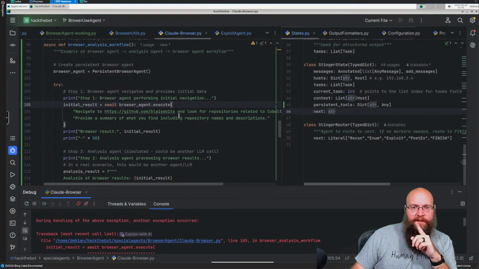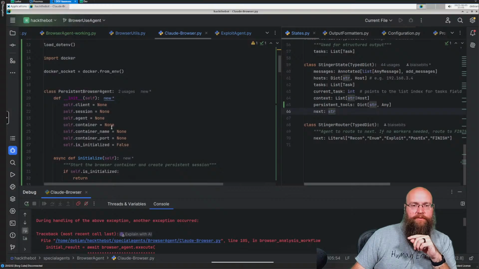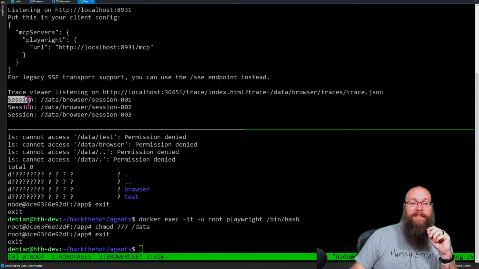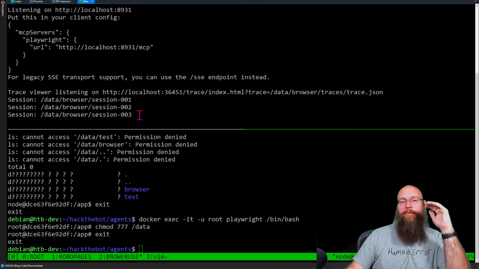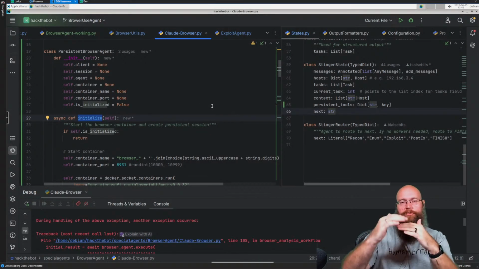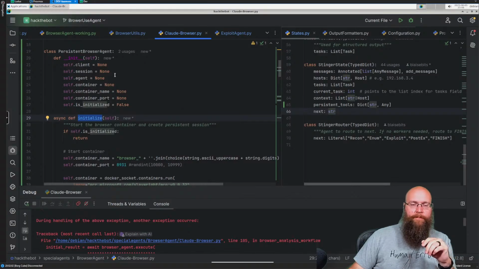I think instead, let's do something a little bit different. So we have the initialize function, right? I think it's just looking like it's coming from a different spot. One thing we can do is see how we see it trying to do something, right? Because every time we've executed it, we're getting a new session. And that makes sense because the script is crashing. We're not executing inside the same session. That's understandable. However,